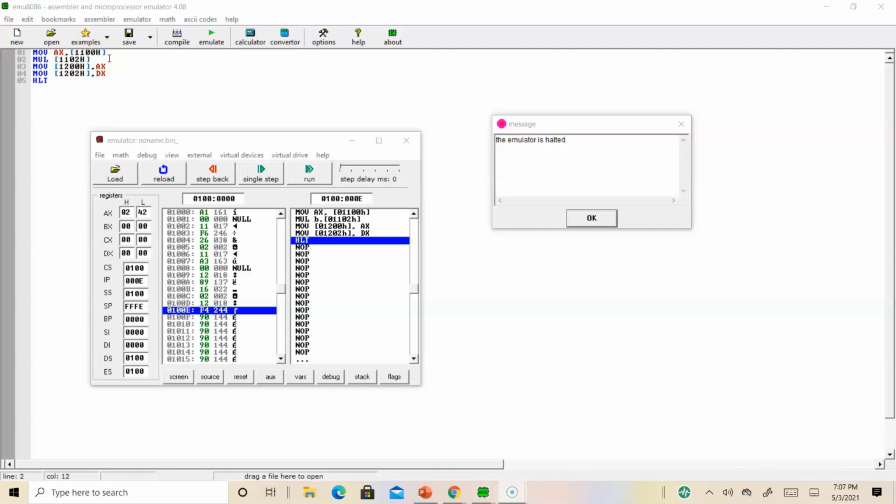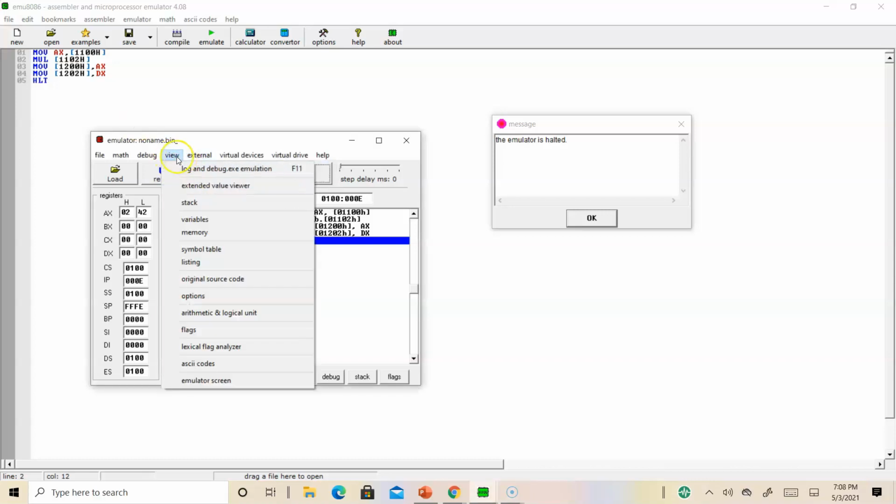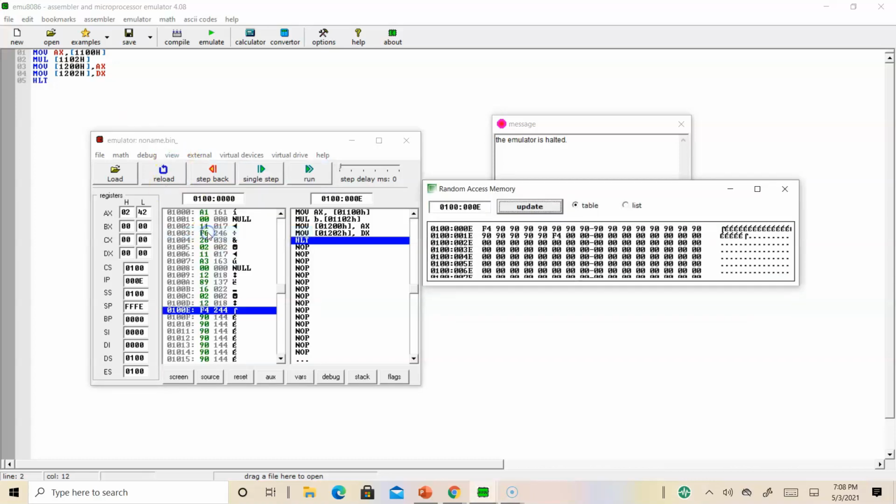Even if you give any set of programs like this, by default the result will be stored in the AX register, because it is doing 8-bit data into 8-bit data. So what is there in the memory?